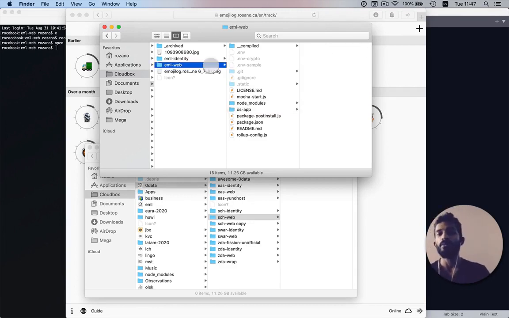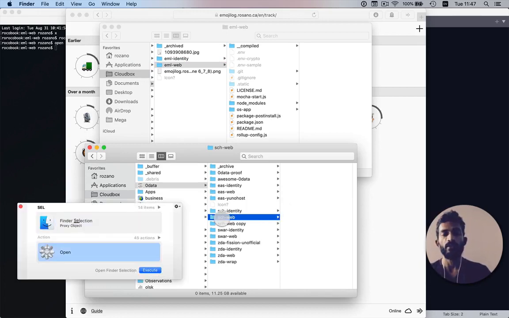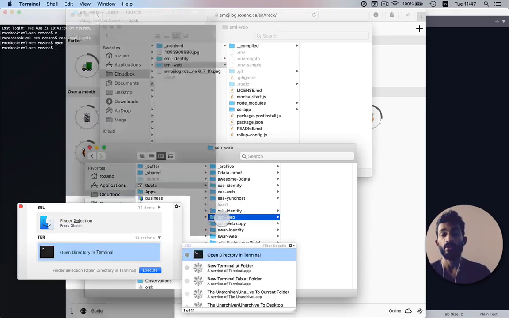So let's start. Here I am in the root folder of Emojilog. I'm going to just start by moving over this stuff that's in the root folder. Why don't we start by setting up the Git repository? I've already created a folder for Schemalog and it's empty. I'm going to take that folder and open it in the terminal, and then I'm going to